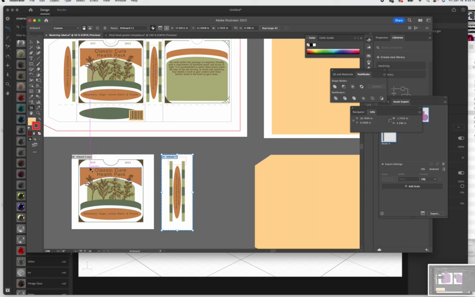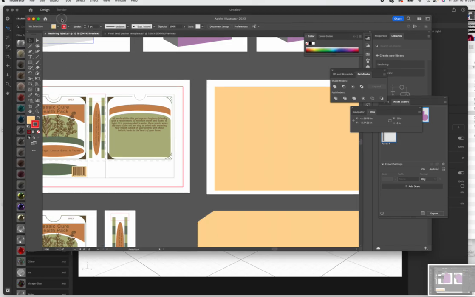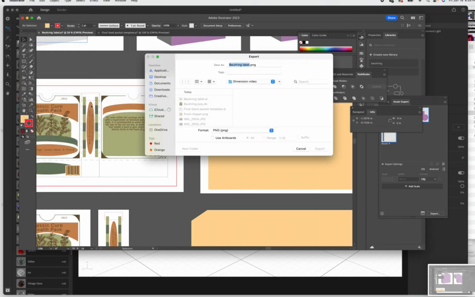That's page, what is that, 8, 10, and 9. So 8, 9, and 10. All right, let's see how that looks. Let's export. Is that it? Yeah, okay. Let's export 8, 9, and 10 as PNG. Look at there. It's already loaded up. Use artboards. Yes. Range 8 to 10